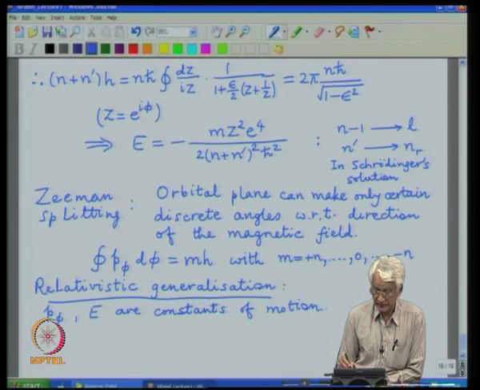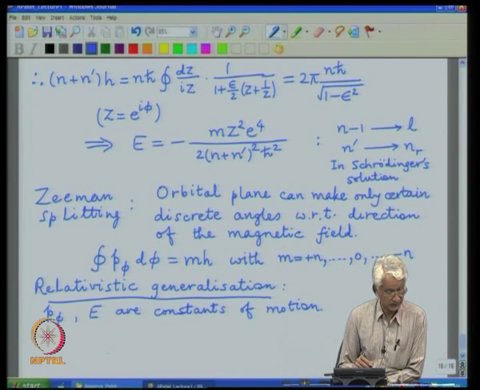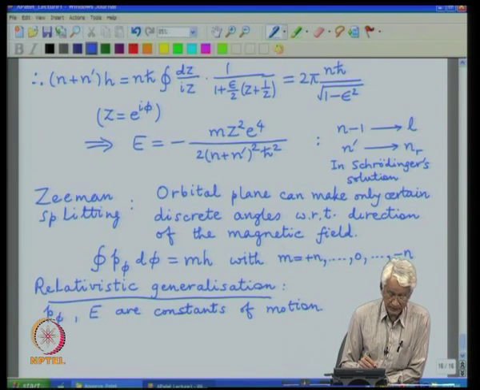So, the orbit is still in a particular plane, and one can now solve its equation of motion describing the relation between radius vector and the angle, and this relation turns out to be very similar to the non-relativistic case,